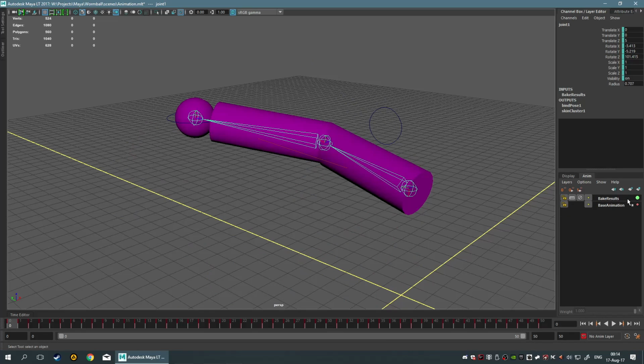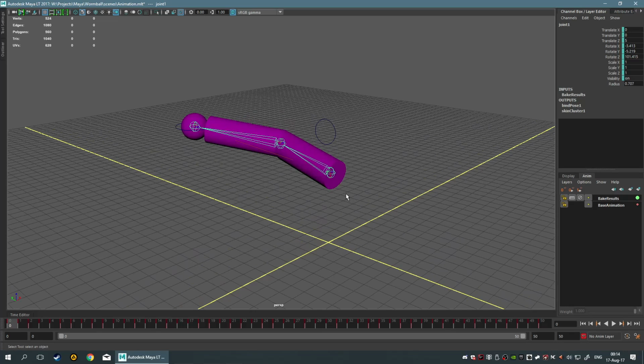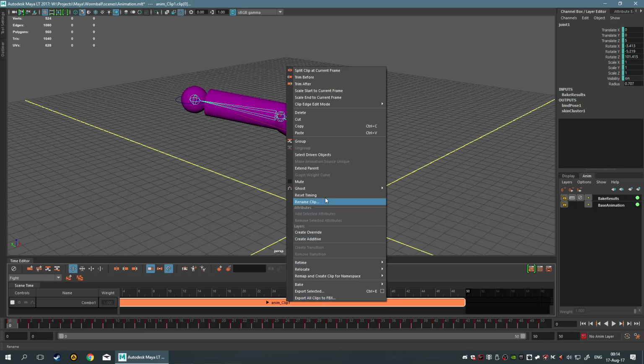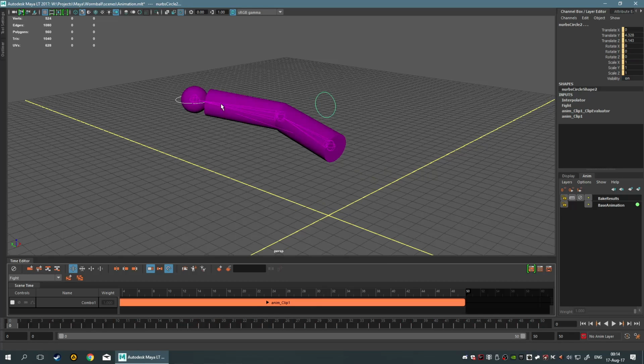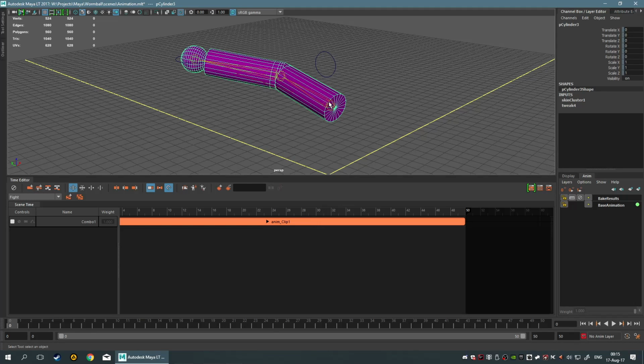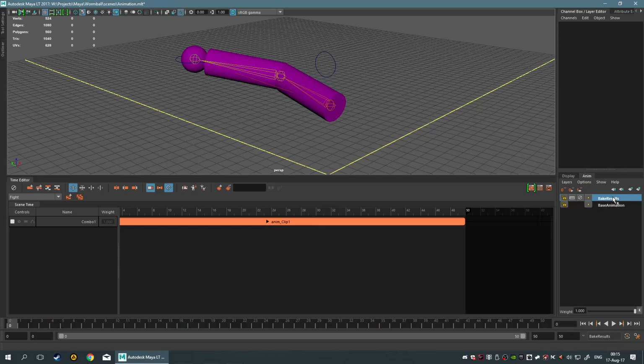And also notice that I'm currently on my bake results over here, which is exactly what I want because I want to export this. However, how I want to export this is another question entirely. If I go back into the time editor, I still have my animation clip, which is over here, and if I select the driven objects, it's actually these two losers, which I do not need. Now, my options include, A, export my selection like this, grab this with this, and export my animation later, or I could go ahead and grab this layer like so,